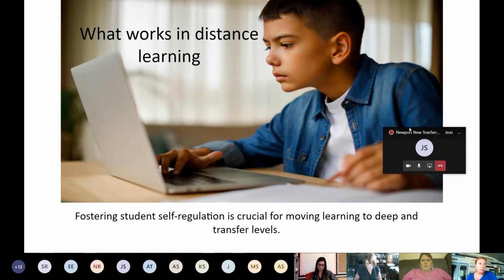There's lots of things, and by the way, this is no easy task and it's not going to happen overnight by any means, but there are a lot of little things we can do to promote this as a teacher. Think about how you might give students some choice in their work. Maybe when you think about student voice, like asking for their feedback and their input about things that are working or not working well for them. Think about how you can teach kids to self-assess along the way. Those would be ways that you can encourage student self-regulation.